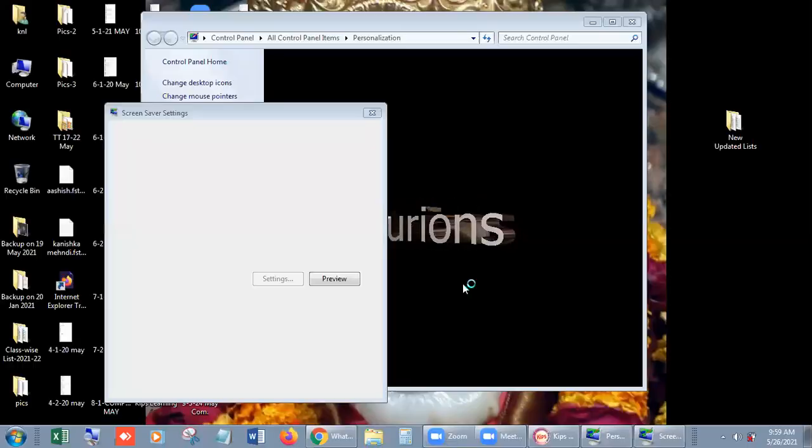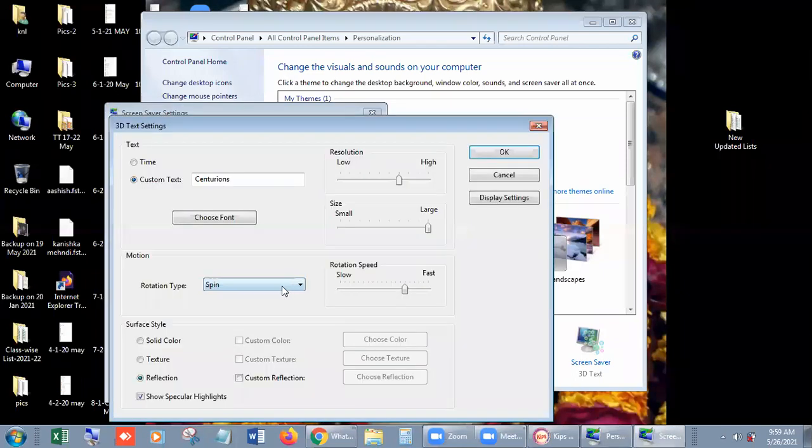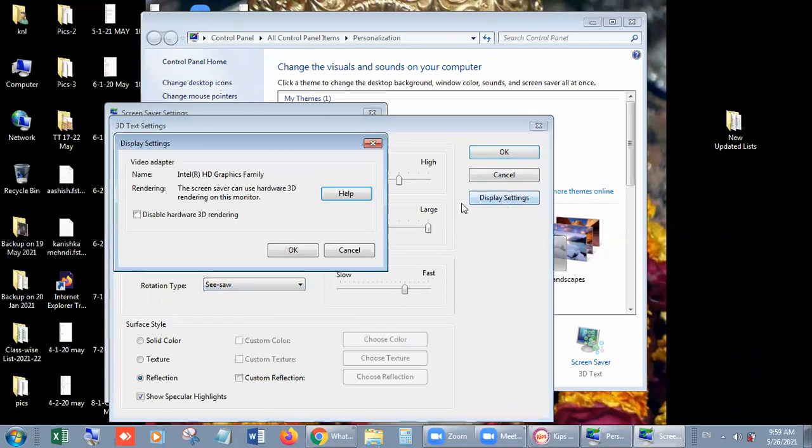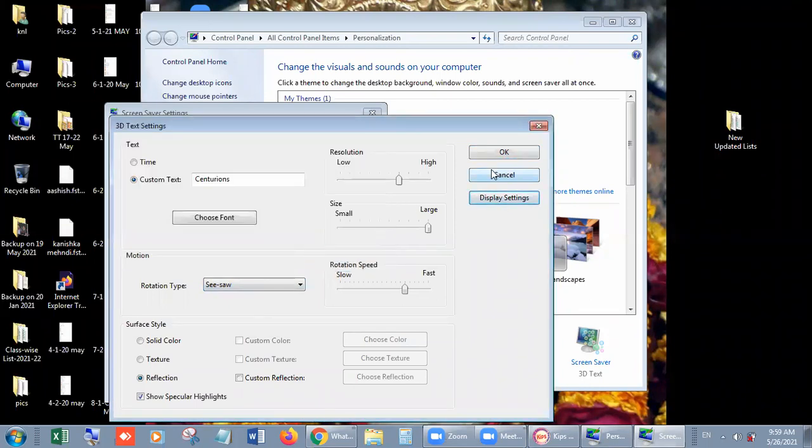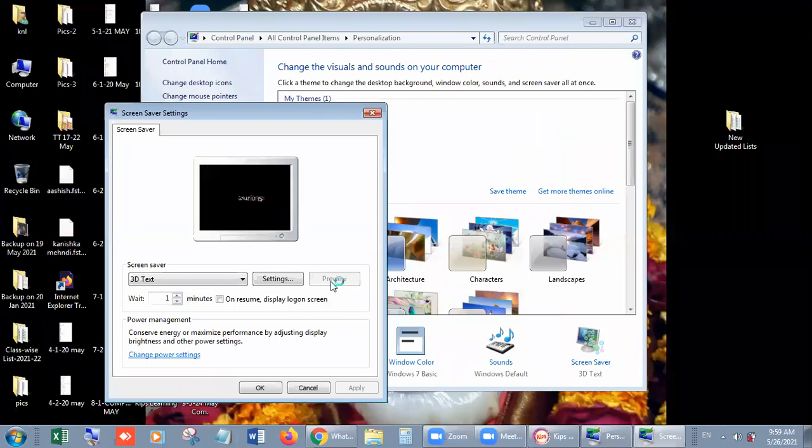Okay, students. Now you can see the screensaver. I think during the Zoom meeting it is not automatically working because everyone is doing something, so commands are coming to the computer. We need a standstill computer for the screensaver. Now this is the option, and you can change the setting also, just like display setting. Now you can see the preview. Now this is the change of style.